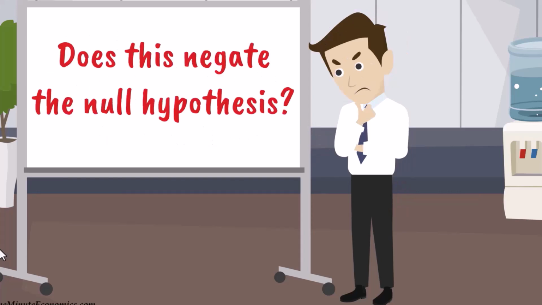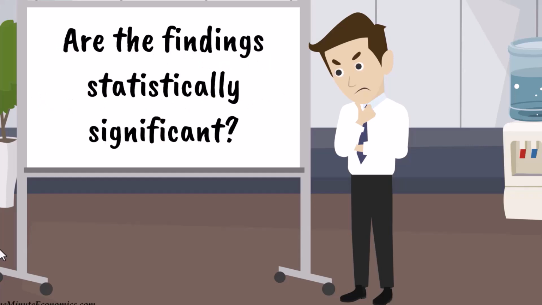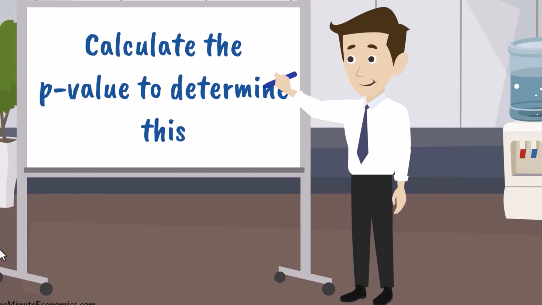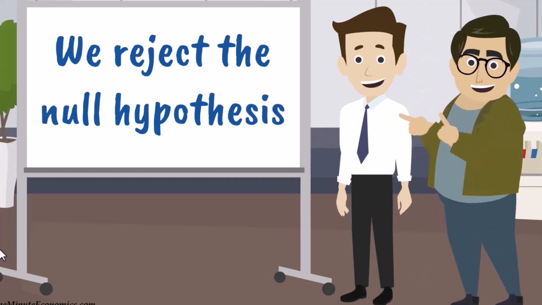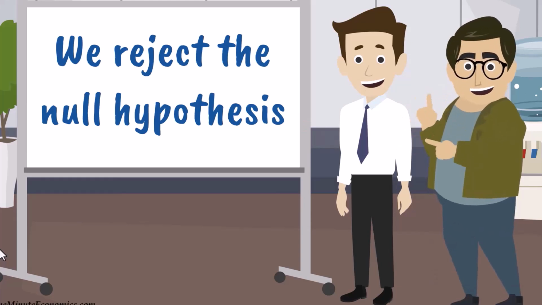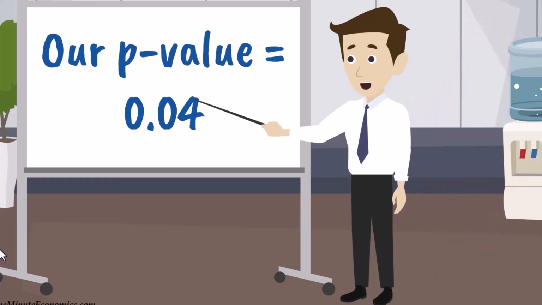Is this enough to negate the null hypothesis? Well, no, because we also have to determine whether the findings are statistically significant. To do this, we calculate the so-called p-value, which is a number between 0 and 1 that lots of applications easily generate for us based on the data we provide. Generally speaking, if the p-value is lower than 0.05, it's a good argument in favor of rejecting the null hypothesis and making John happy. In our case, we'll assume the p-value is 0.04, which is low enough to reject the